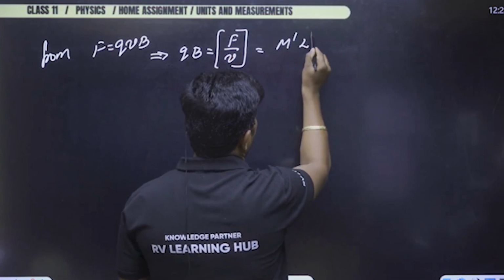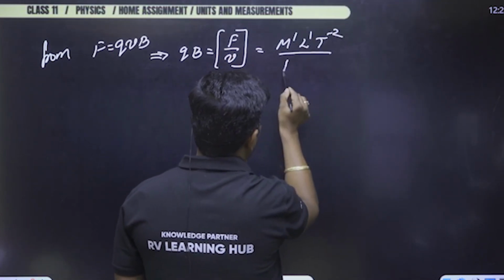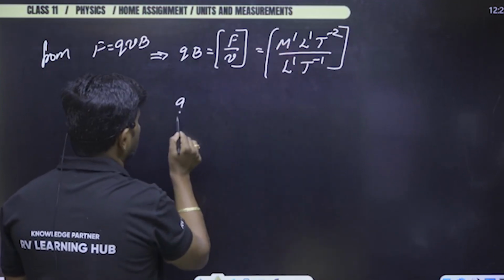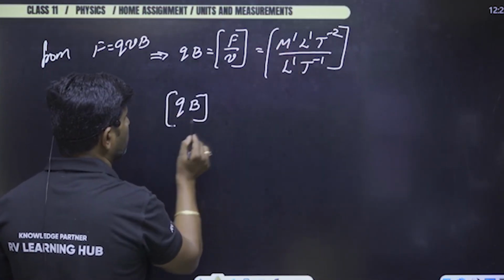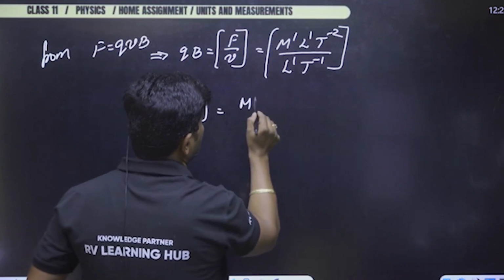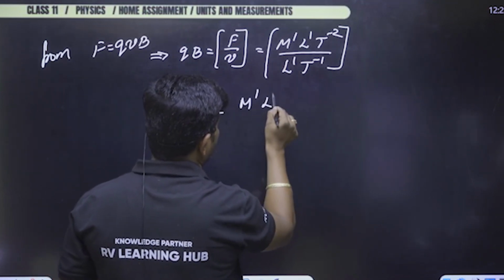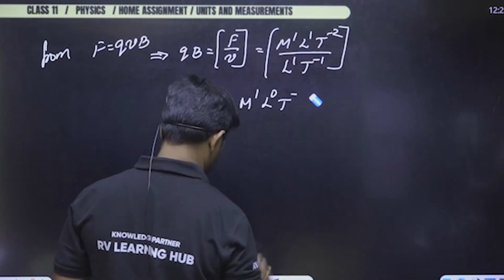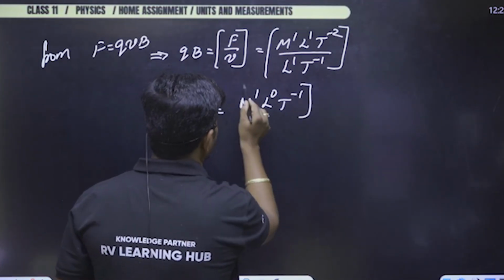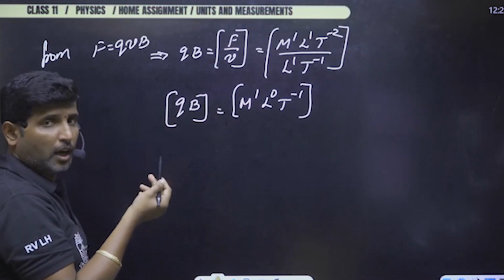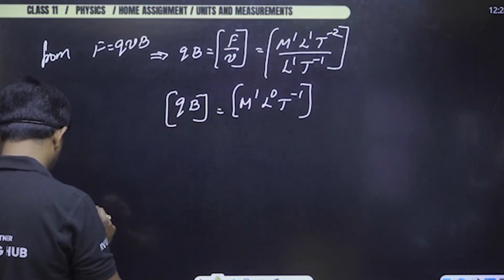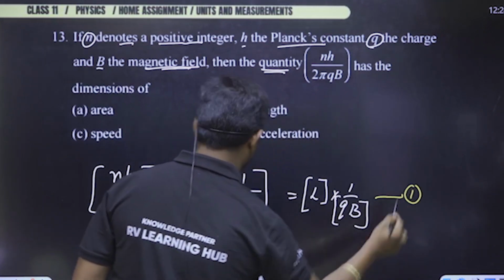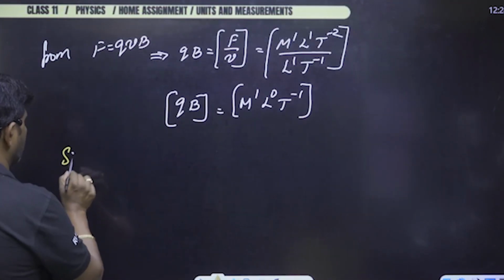M power 1, L power 1, T power minus 2 divided by L power 1, T power minus 1. So we'll get the dimensional formula of Q into B becomes equal to M to the power of 1, L power 0, T power minus 1. Is it right? Just substitute this. You will get the answer in the above equation here. Let us call this equation 1. Substituting in equation 1,